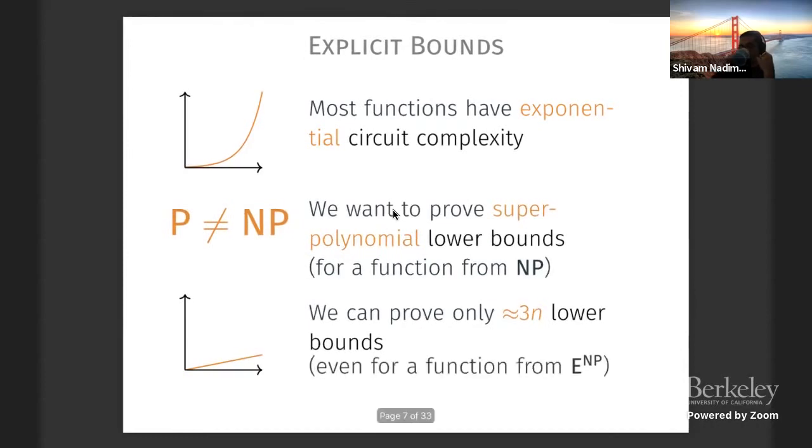Even if we try to prove circuit lower bounds for functions from a much larger complexity class, the class of exponential time algorithms with an NP oracle, and this NP oracle in turn can even take inputs of exponential size, so even for huge classes, the best circuit lower bound we can prove is roughly 3n. And